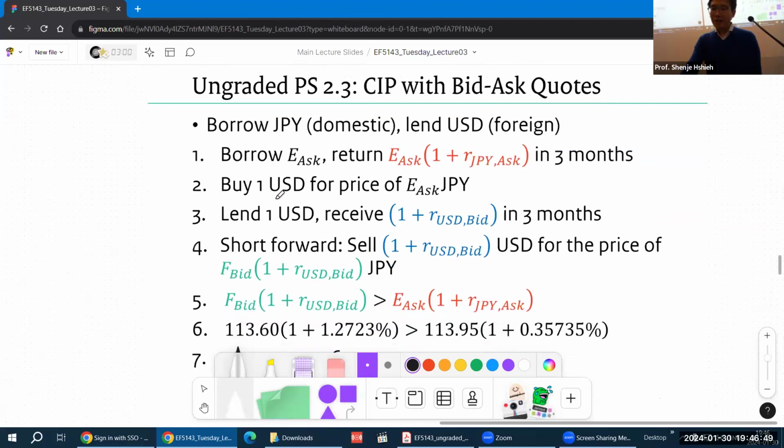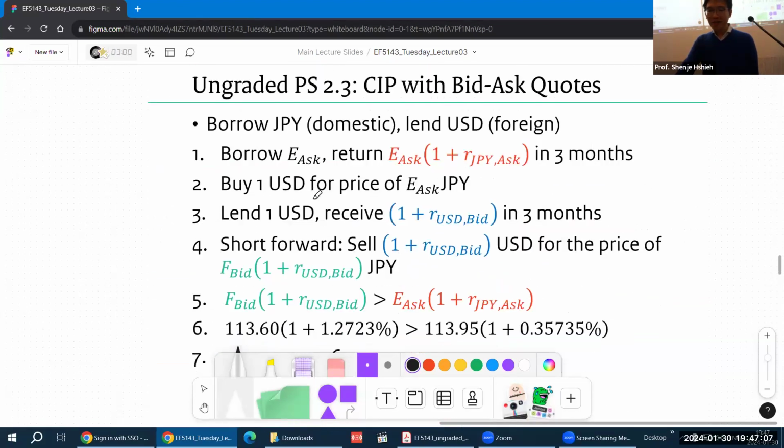Okay, so how do you tell which bid or ask price to use? Well, you figure that out by walking through the trading strategy, step by step, and then you fill in the gaps. Okay, so for here,